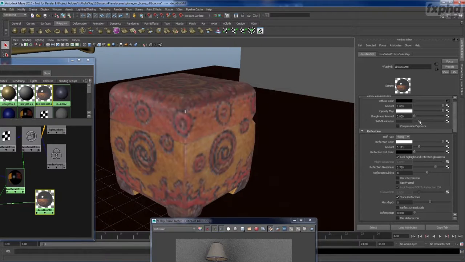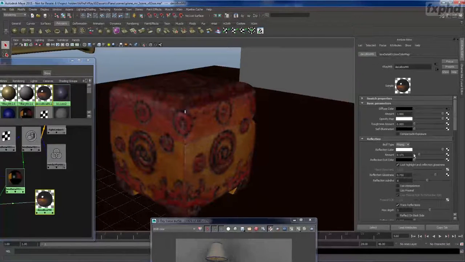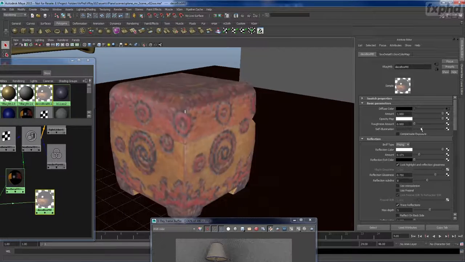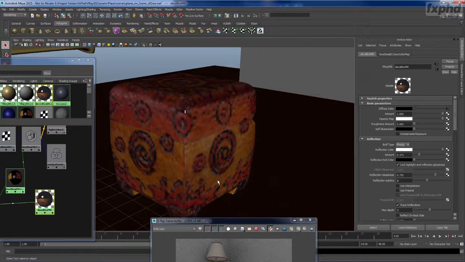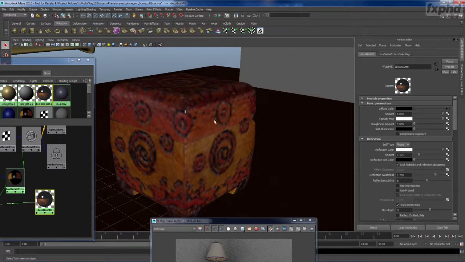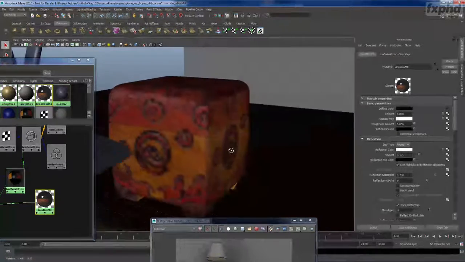Self-illumination is essentially like incandescence, and will allow this object to essentially create some illumination, have some brightness coming from it. Although there are definitely better ways to create object lights in V-Ray. We'll be looking at those later on. But this guy is pretty